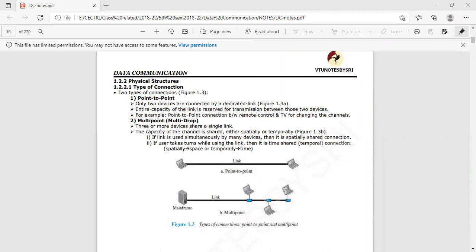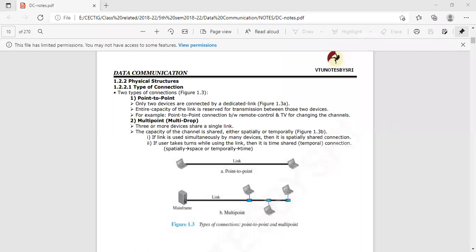Two devices are connected via this wired connection, where the data or the information will be exchanged via this wired path through this particular route between device 1 and device 2. So the total speed of that particular path is dedicated to those two devices. The speed and the efficiency will be very high in this point to point connection. So point to point has an advantage, but it is limited to only two devices.